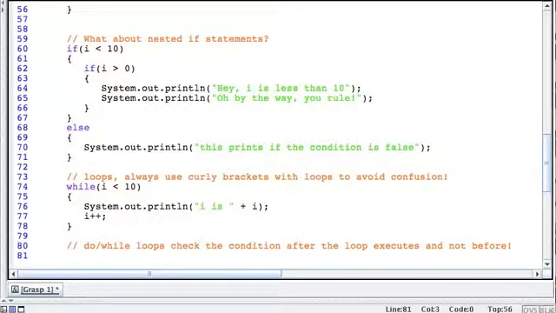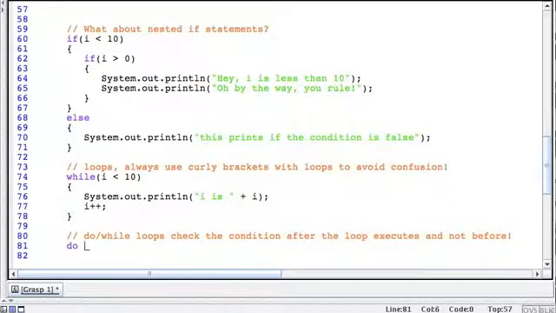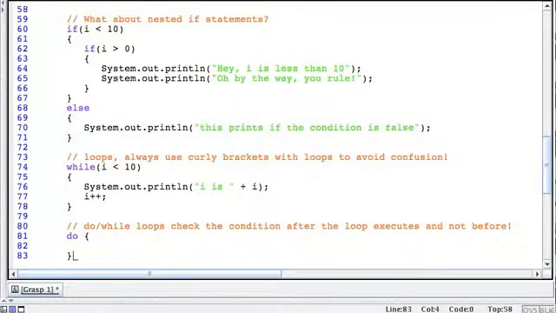Okay, so think of it like this. I may have said this in another lecture, but a while loop asks questions first and then shoots. Think of an old Western, right? They always say you can shoot first and ask questions, or ask questions and shoot. In the case of a while loop, we ask questions first. We check the condition and then we continue on to execute the code. In a do while loop, we actually